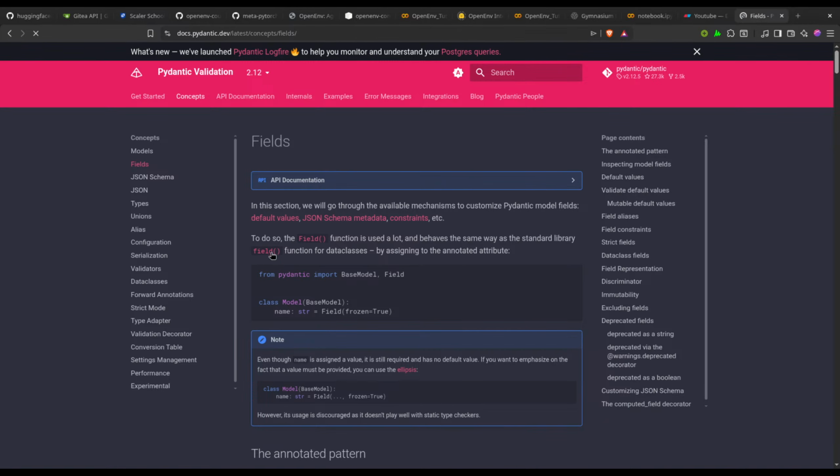To do so, the Field function is used a lot and behaves the same way as the standard library function of data classes. So we can use Field in Pydantic instead of using data classes, by assigning it. The default value has been set as this.